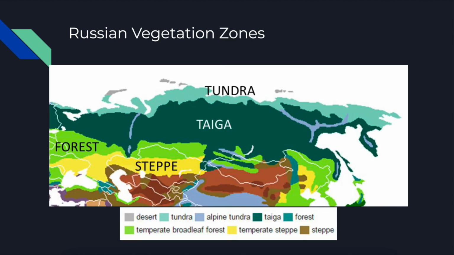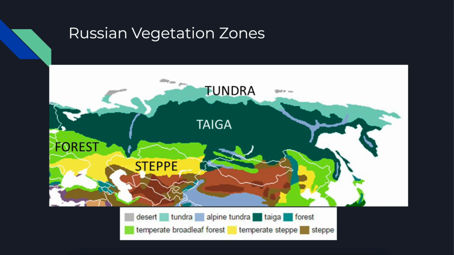For Russian vegetation, there are 7 types of vegetation zones, depending on the map you're looking at. I've seen some maps with 12 and some with fewer than 7, but for this course, we're going to identify 7 of them. First would be the Russian tundra. This occupies 15% of the country, and basically the tundra, or treeless plains, are going to be mostly in the extreme northeast.